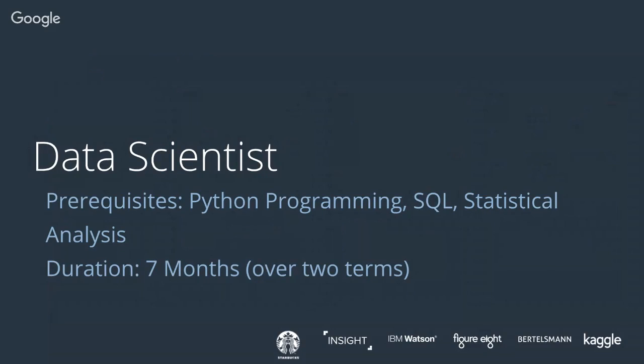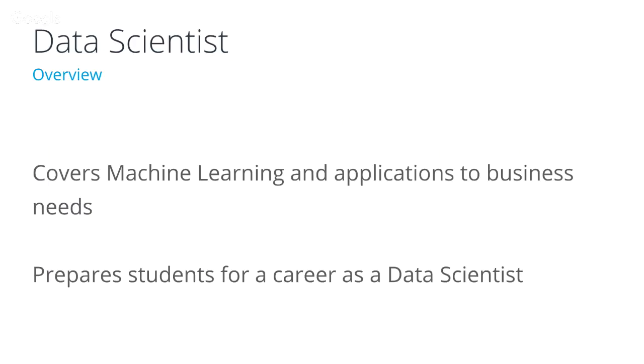So next, I'll talk about the data scientist program, and Juno's going to lend a hand on this program as well. So if we go to the next slide, the data scientist program is a two-term program where the first term is about machine learning. So it teaches you machine learning fundamentals. And then the second one gives you real-world practice at applying data science techniques for problems that data scientists experience in the real world. So if we go to the next slide,